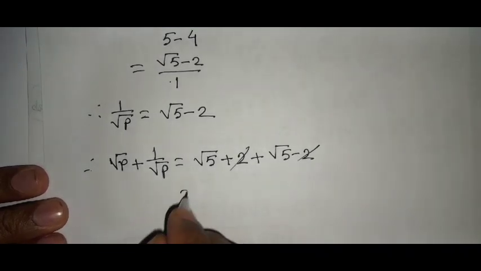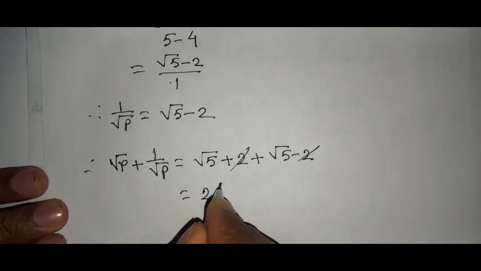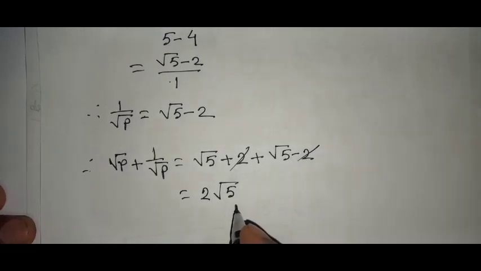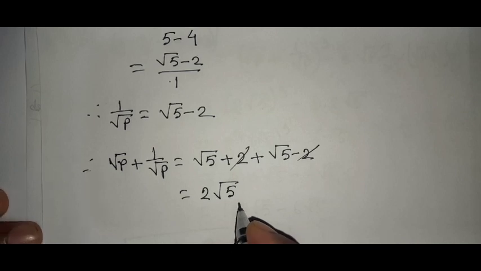The 2 and 2 cancel, so root p plus 1 by root p equals 2 root 5. Okay, now